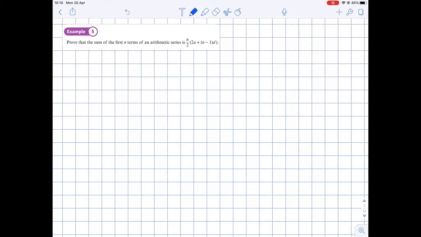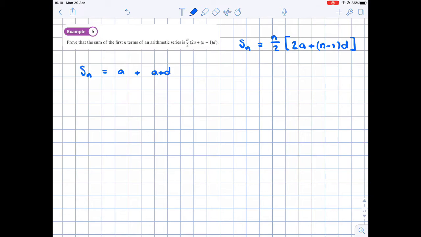So we want to create a formula. The formula is going to be the sum of the first n terms is equal to the number of terms divided by 2, in brackets 2 times the first term plus n minus 1 times the common difference. So to prove this formula, which is something you may be required to do in the exam, following the same format as before, the sum of the first n terms is equal to the first term